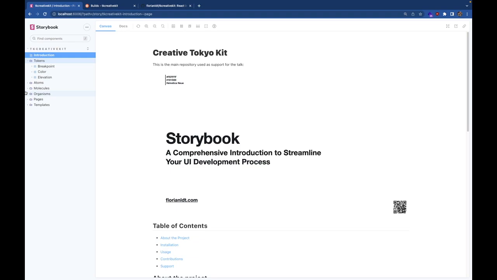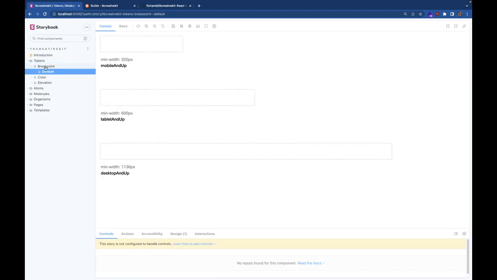So here, I'm representing everything using the folders, tokens, atoms, molecules, following what we've seen in the Figma file. In real life, the structure will be different. You will pretty much have just one component folder if you know other storybooks, but in this case, it's an introduction, so I wanted to follow what we have on the design, so it's easy for people to just go check my file, check the storybook, and see the exact same structure here. So going to the